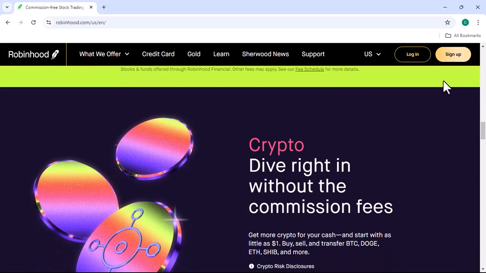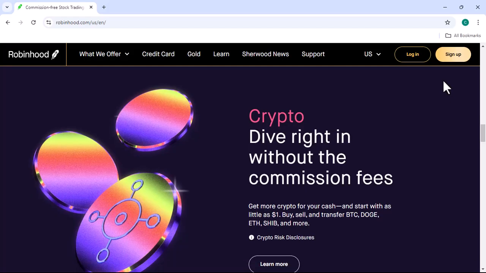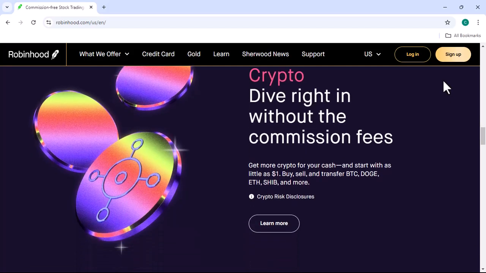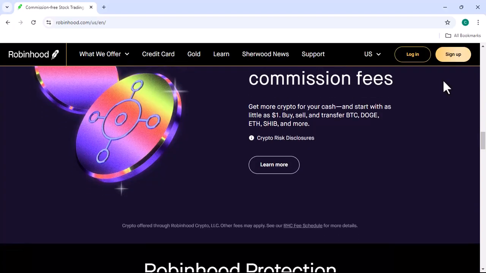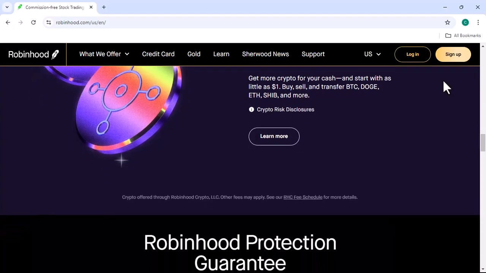Robinhood will typically send you an email notification when a transfer reversal occurs. They may also temporarily unlink your bank account, especially after multiple failed transfers, requiring you to relink it before attempting